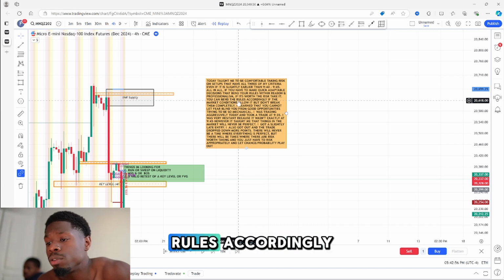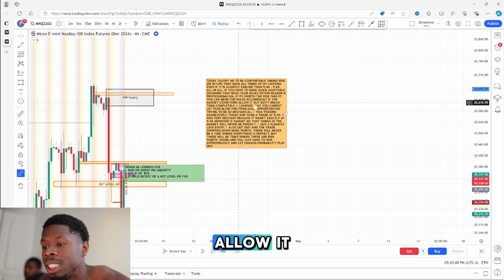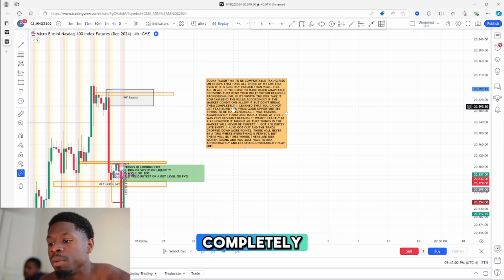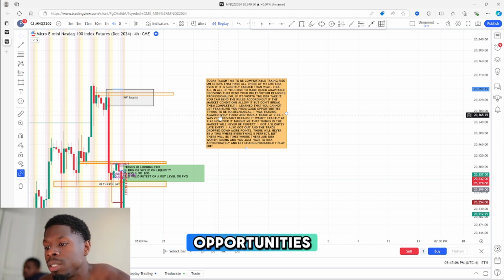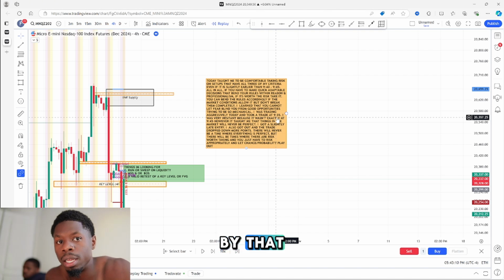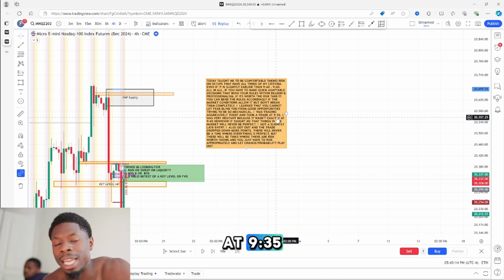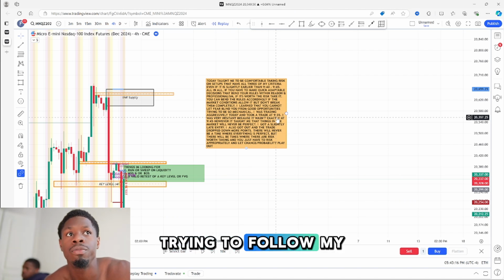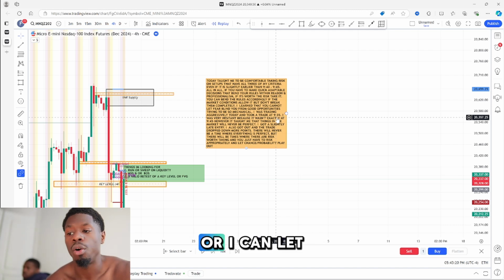You can bend the rules accordingly if the market's conditions allow it, but don't break them completely. I learned that you cannot let fear blind you from good opportunities by trying to be so mechanical. What do I mean by that? I could have easily not taken this trade at 9:35, trying to follow my rules to the T, or I